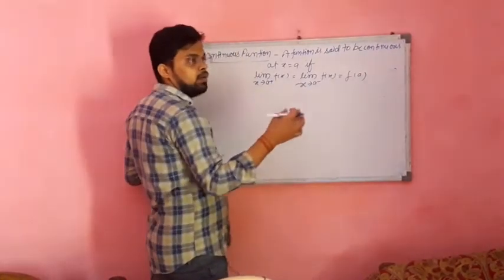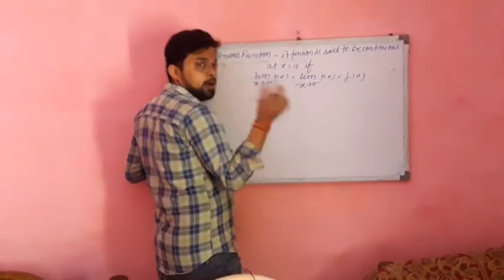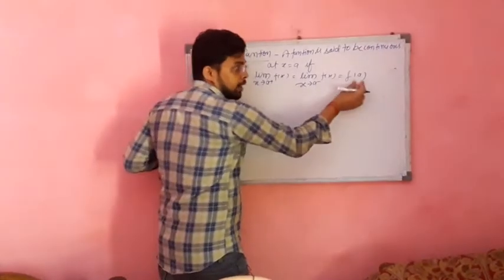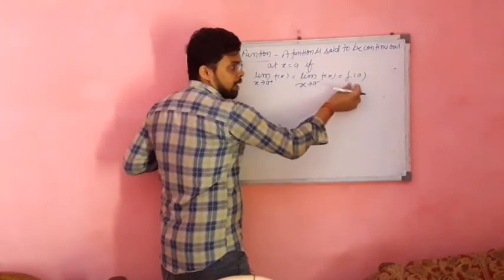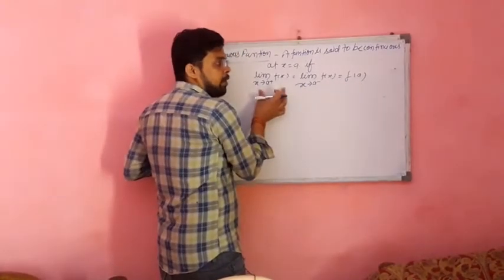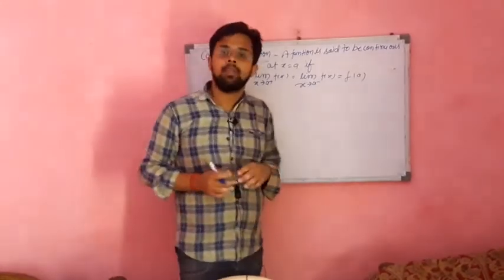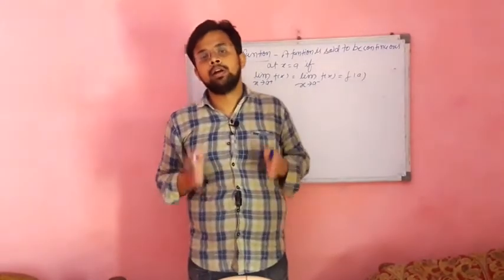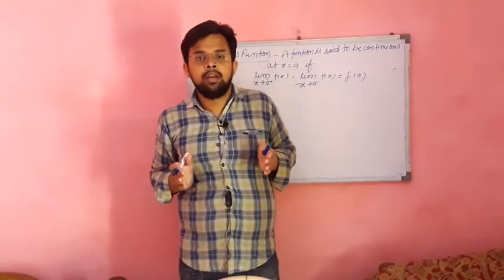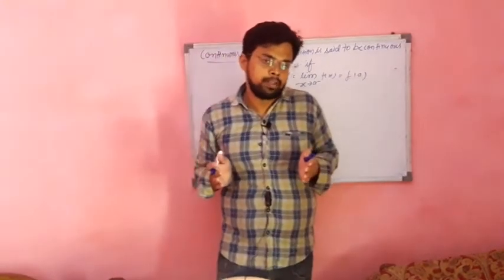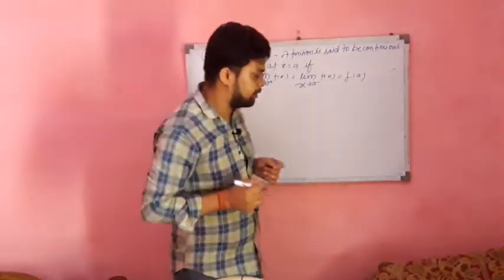Okay students, so if a is any point and if you want to check the continuity of this function at point a, then the value of the function at a will be equal to the right hand limit of the function and the left hand limit of the function. Okay, now students, I will draw the graph. With the help of the graph you will learn how you can understand continuous function and discontinuous function. First I will draw the graph for continuous function.